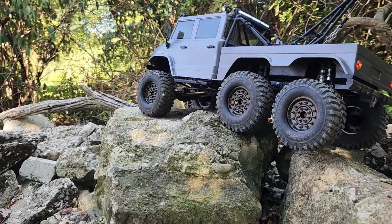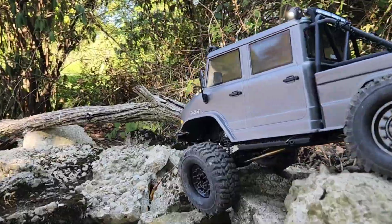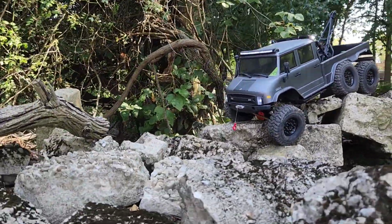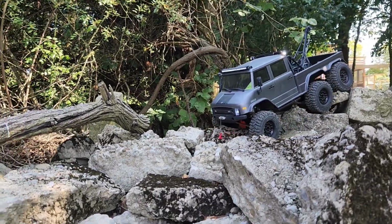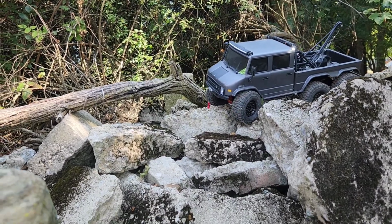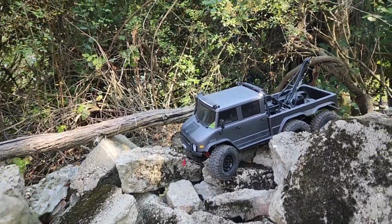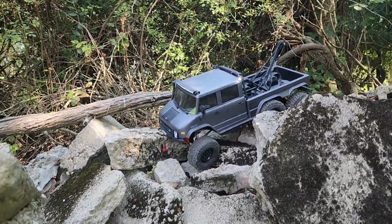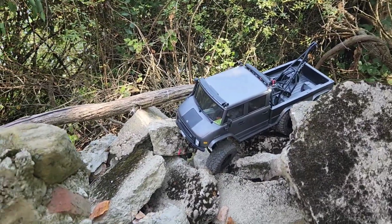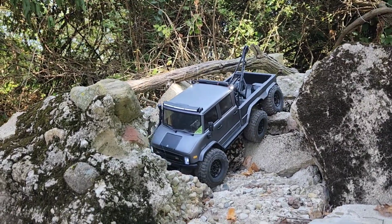This is running a Castle Mamba X in it. You can probably hear that signature sound. It's got a pretty good sized Savox servo. It's got brass links, and of course these awesome RC four-wheel drive beadlocks. It's got a front and rear winch, this custom boom in the rear. We did not do all the work. Our friend Dustin sold us this truck a couple years ago, and it's been one of our favorites ever since. We've done a few things to it, but